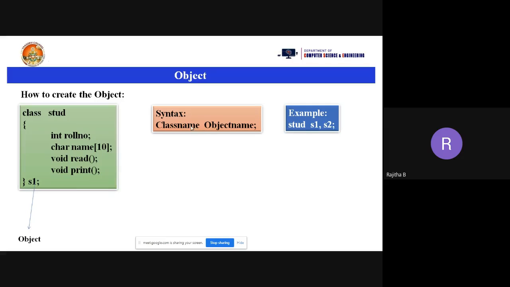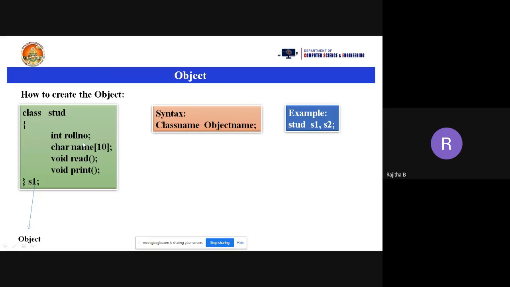Now suppose S1 and S2 are the objects. How much memory will be allocated for S1 and S2? Suppose you are taking a structure, where we don't have any read and print functions, only roll number and name as data members. For these data members, memory will be allocated.